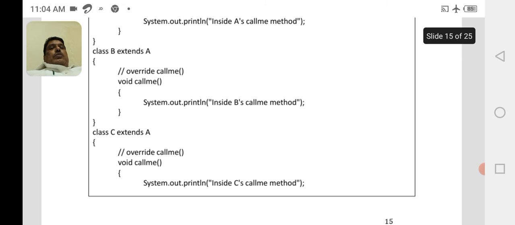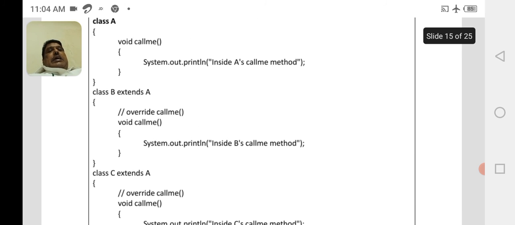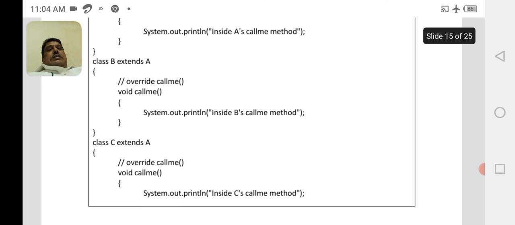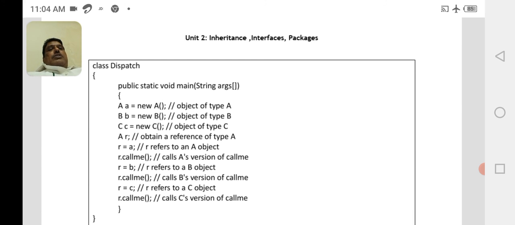To overcome this problem, in the main class we first declare the object reference variables of the superclass A and subclasses B and C. Then we also obtain just the superclass reference variable, not an object reference variable: capital A, small r, where small r is the superclass reference variable.